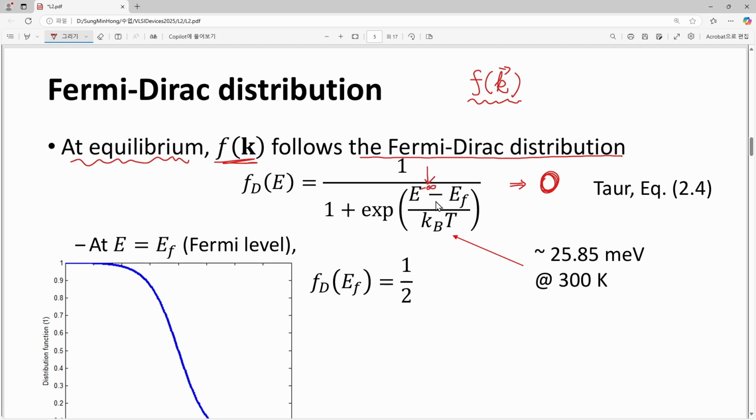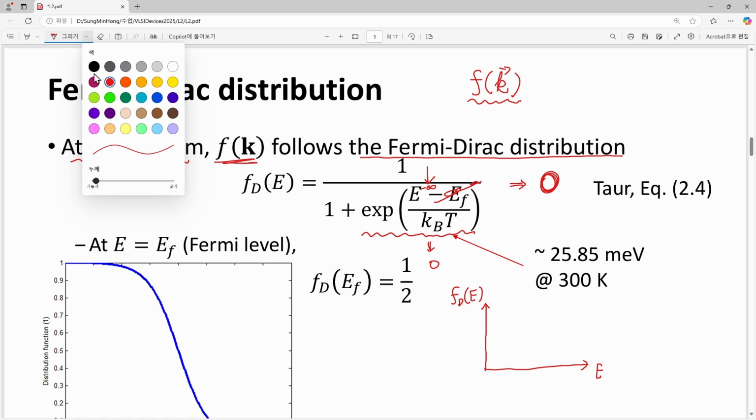So once again, this formula doesn't make any contribution, and this term will just vanish. So exponential of minus infinity approaches just the number 0. So in this case, we will have the Fermi distribution corresponding to number 1. So simply speaking, if we draw the energy and Fermi distribution, what we can certainly say is there is certain